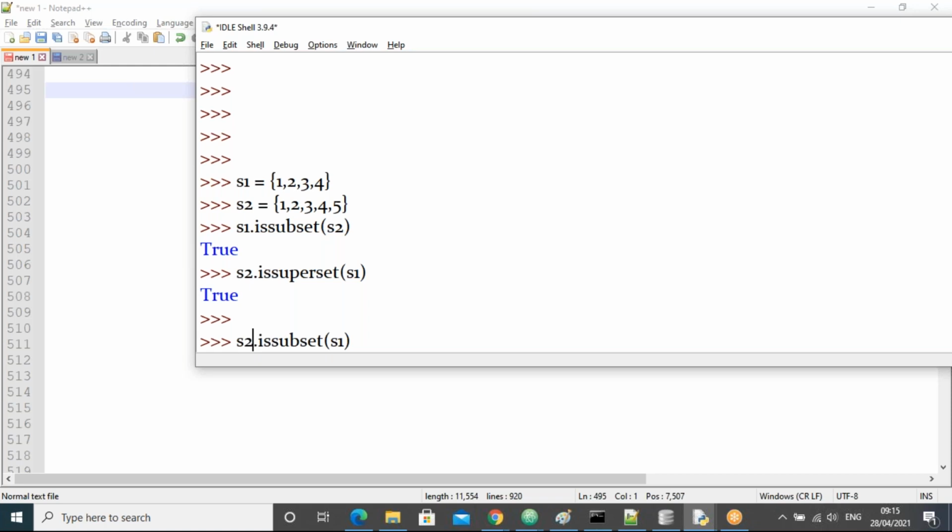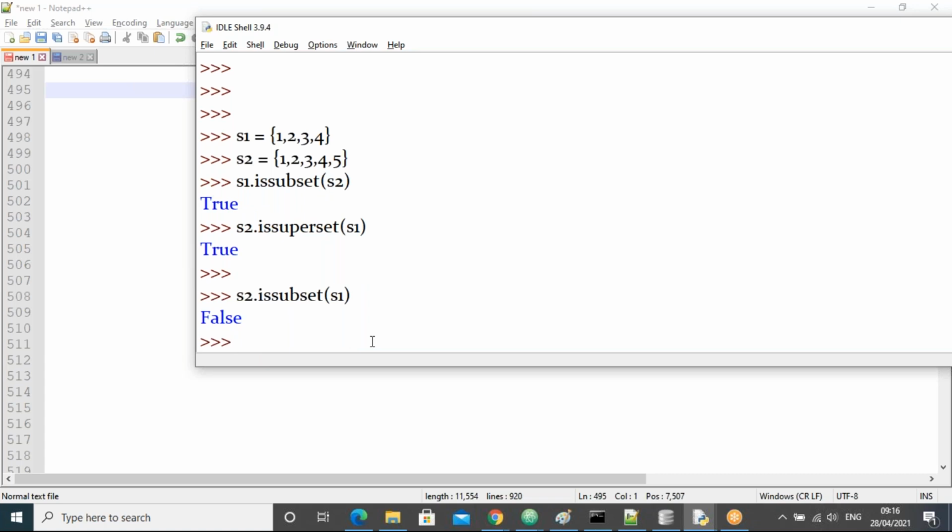False. All of you reply. So why is it false? Because all S2 elements are not there in S1.